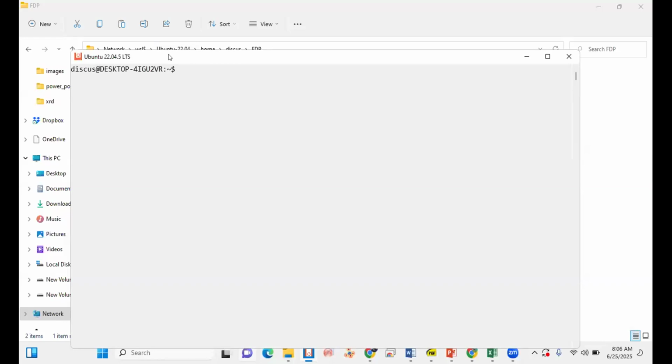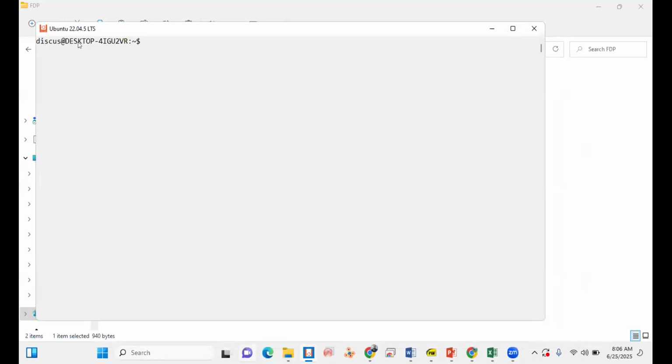I will see my name with the computer name, this is called username@computername, then a colon, and then the dollar symbol. After that, I first type pwd, present working directory, is this one, and then I created a new folder with the name fdp. Then I can ls again.